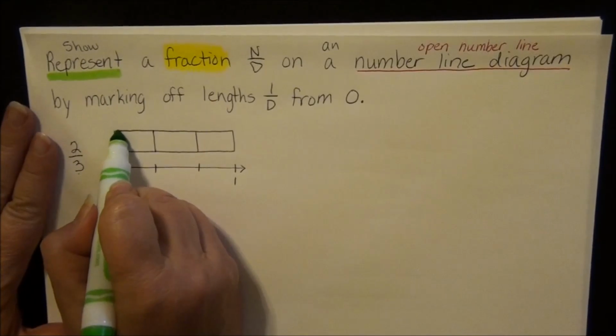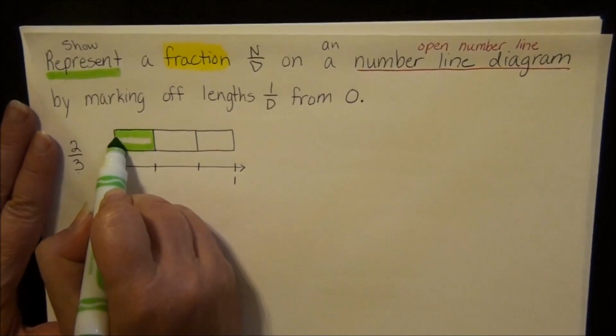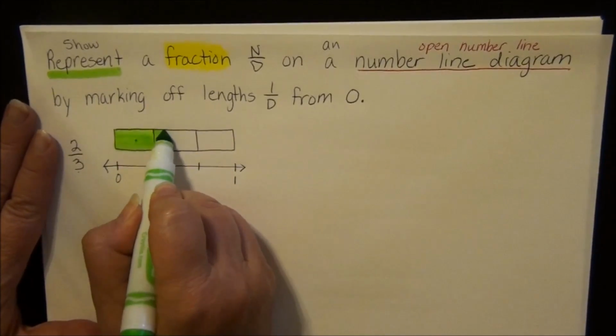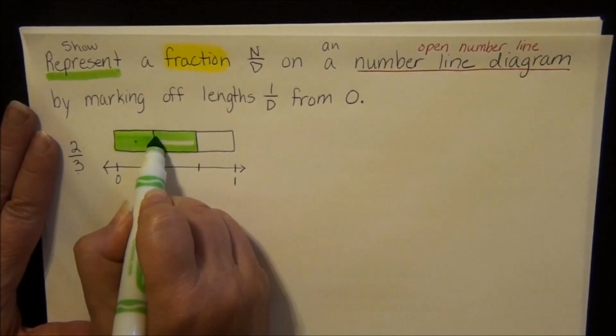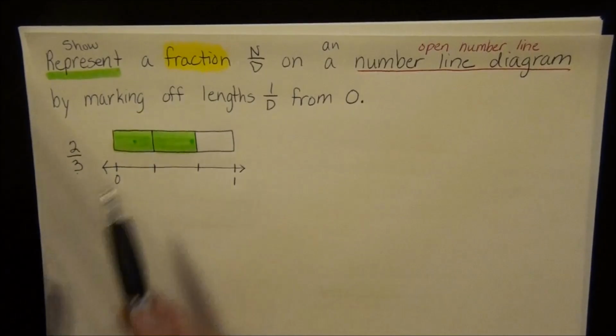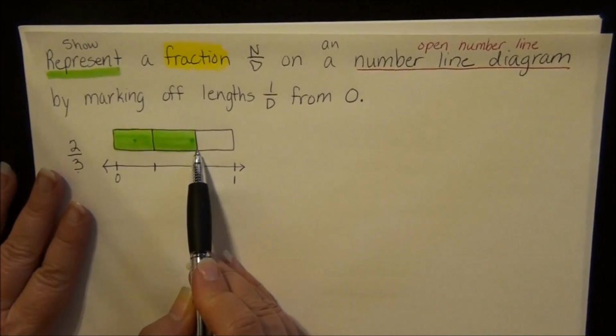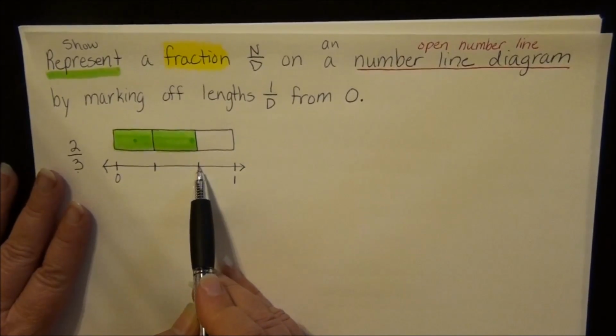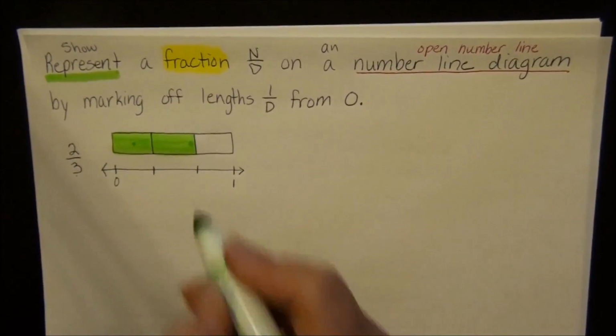So I'm going to color in 1 equal part, and now I'm going to color in 2 equal parts. Now I need to go all the way to the end of my colored in parts, okay, and that's where 2 out of 3 is. So this is 2 out of 3, and I'm going to mark this with a green dot